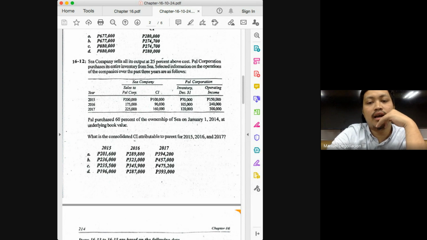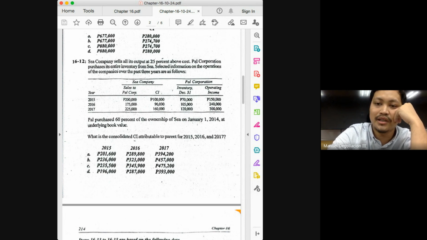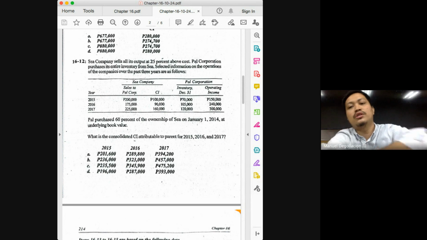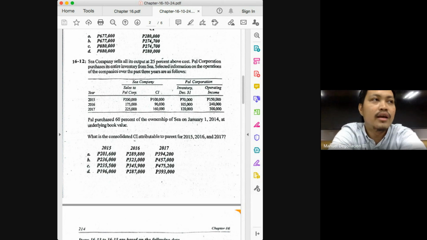For 2016, again, the same thing is being asked. The same things will be needed. You need your consolidated income for you to deduct the share of the NCI for us to get the income attributable to parent. And in solving for your consolidated income, we need two things: income of the parent from its own operations plus adjusted income of the subsidiary. Okay, and again, how much is the income of the parent from its own operations? We have 240,000. And no adjustments to the income of the parent in this problem because we do not have any downstream transaction. So start with 240,